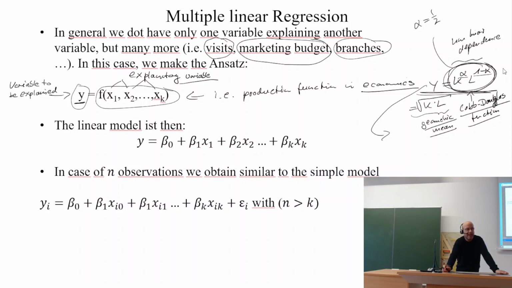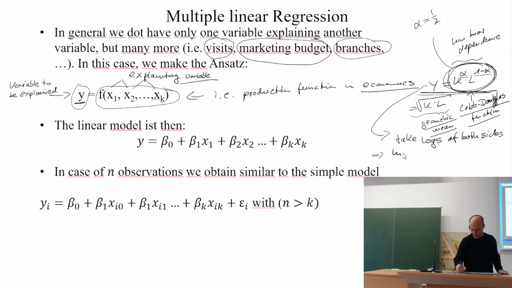And how do we obtain from these general geometric means a linear dependence? If you take just logs of both sides,